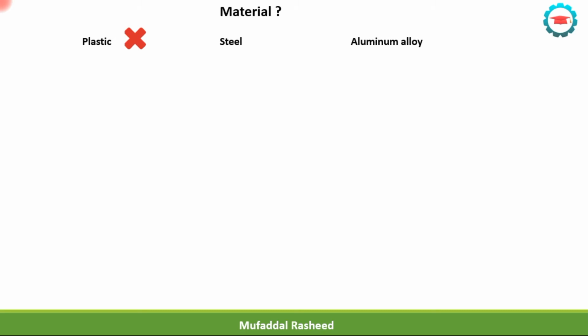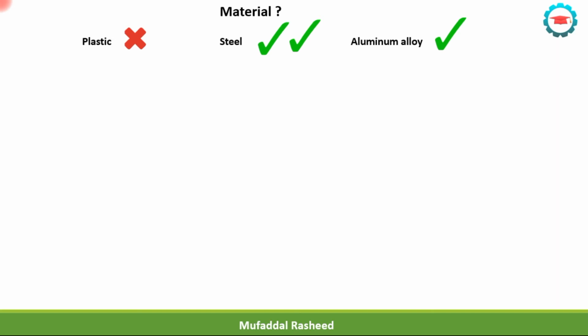First of all, plastic has a lower modulus as compared to steel and aluminum, and also has lower strength, bending strength. And the fracture resistance of plastic is very low. So it is very susceptible to fracture or crack growth as compared to steel and aluminum. So that's why plastic is an inferior selection when it comes to material over here. And in between steel and aluminum, steel has better fracture resistance as compared to aluminum. So it is a better option.